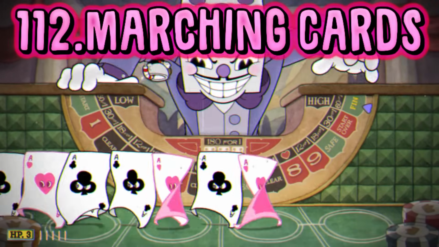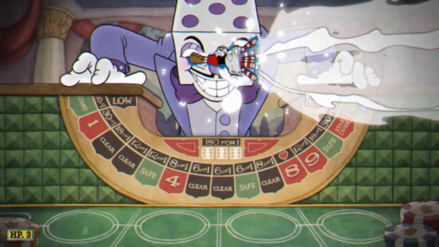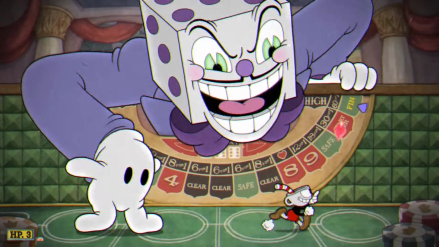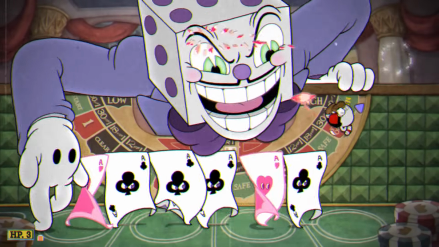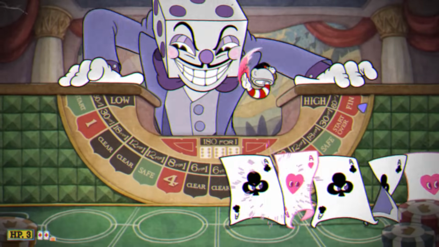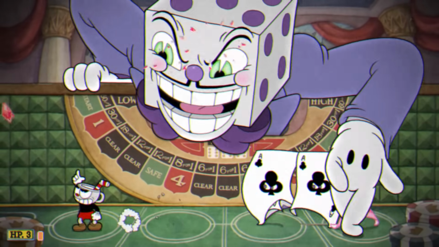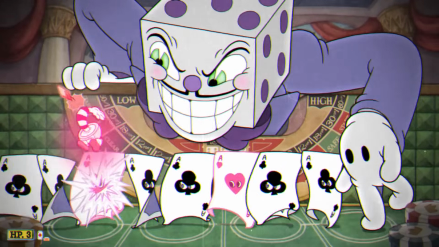C tier. Number 112. King Dice's Marching Cards. Oh yes! The best Parryable in the game award goes to this one right here. Though it can take a heart if the spacing is unfair enough, when you get that parry train going, it's so satisfying. Especially when you reach full meter, and it's just like...